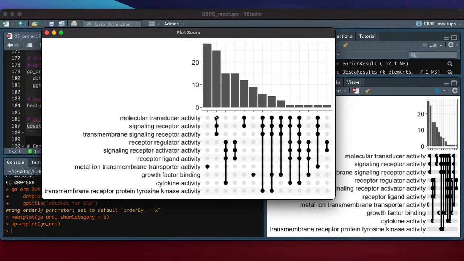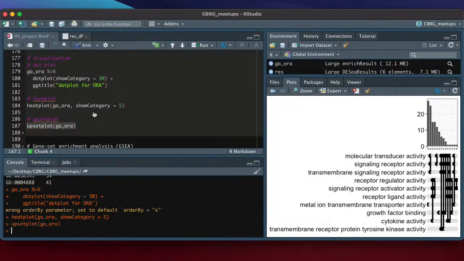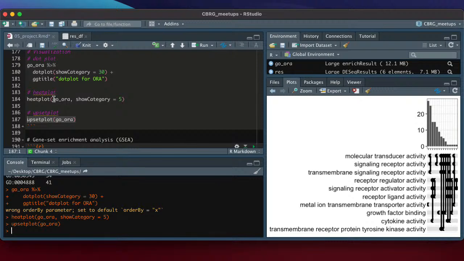For example, in this case, there are 30-something genes in these 3 different terms. So you can see, because these terms aren't necessarily exclusive, there's overlap in gene membership. So this quantifies that overlap. So that's kind of interesting. So anyway, there are tons of these built-in visualization tools in clusterProfiler.